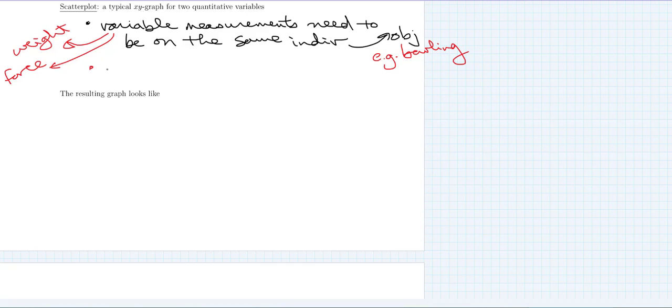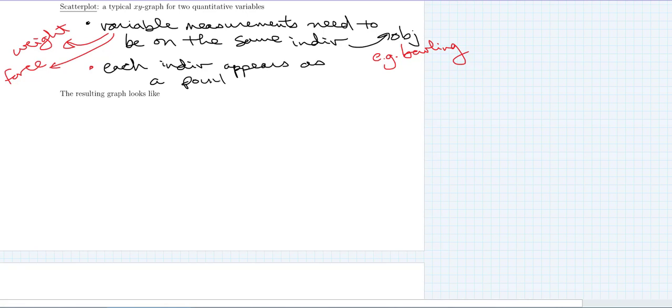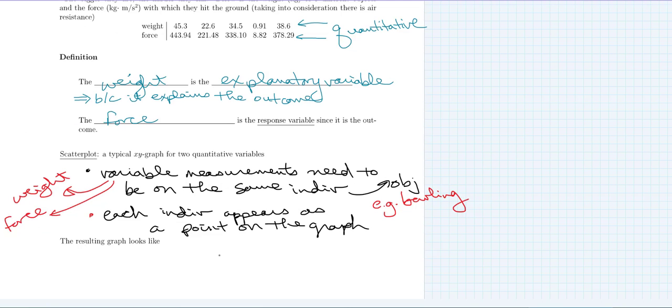And that's our second point, is that each individual appears as a point on the graph. The reason that I'm writing all of this out is so that you have it in your notes for later. So you do have some room down here to draw the graph. I'm going to draw it on the side here so that we can see the data while we're creating the graph. So there will be an X and Y axis,